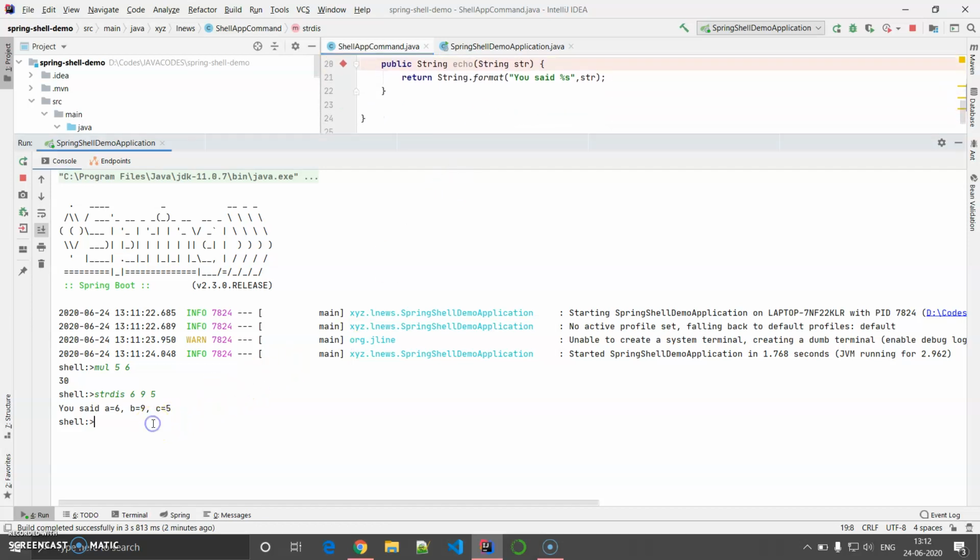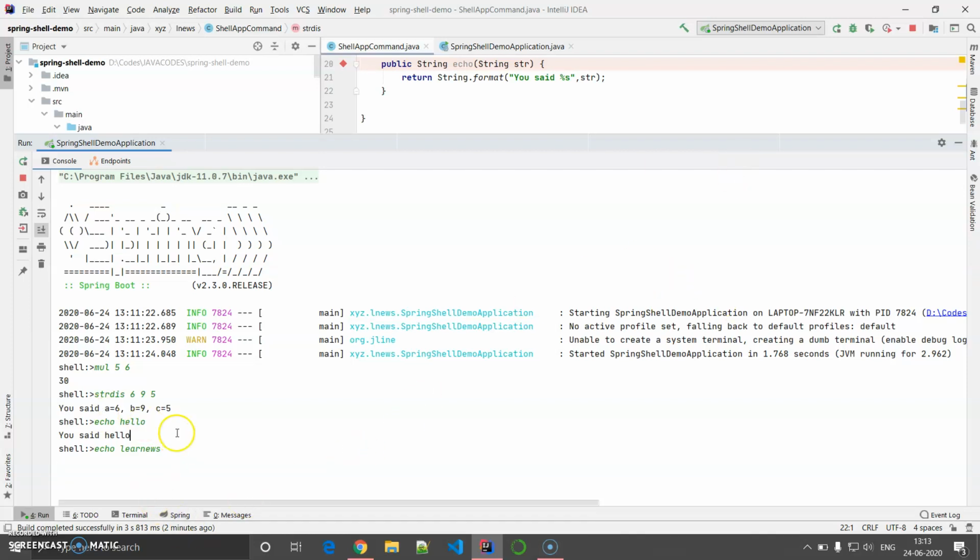So echo, we are going to pass a string variable over here, echo hello. So let me restart it.